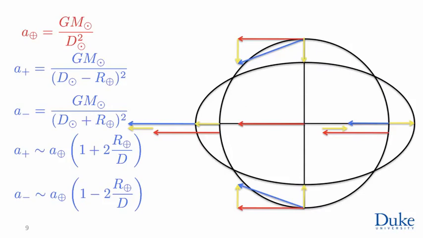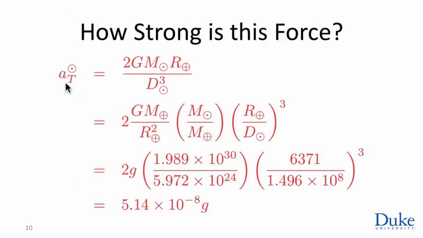Now, before we get too excited, let's figure out how strong this force is that we've calculated. Again, the magnitude of the force depends on what it's acting on. These are all accelerations. So imagine a 1 kilo rock and figure out the net force that this has, or better yet, compute an acceleration and compare it to the acceleration of gravity. So we know, is this rock essentially rendered weightless? Is it lifted off the Earth by these tidal forces? So we can do the calculation. We have here all the quantities we need. The tidal acceleration due to the sun is the difference, that little yellow difference, which was 2GM over d squared